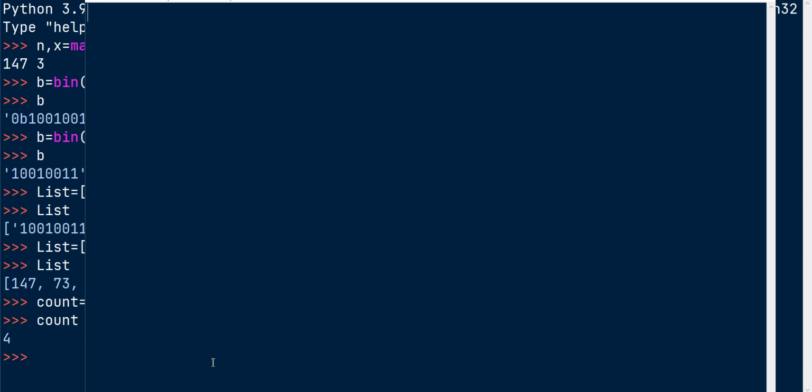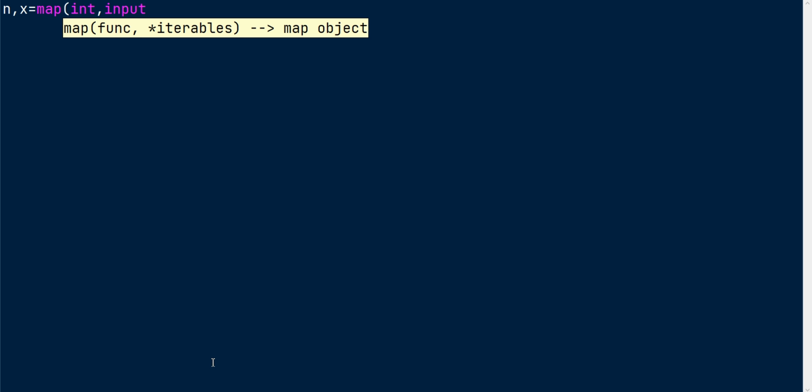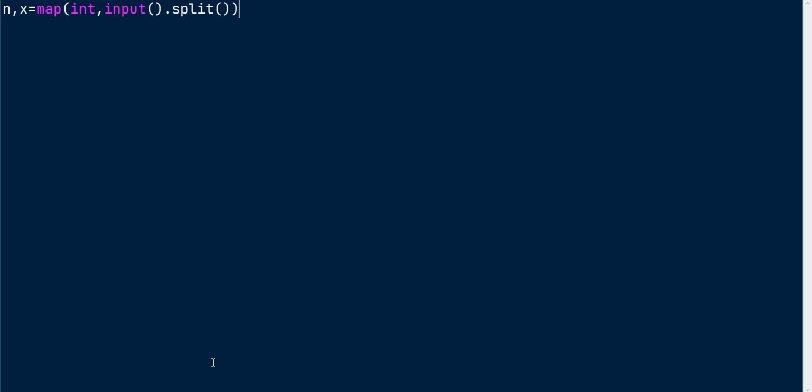Seems like a simple problem, so for the sake of simplicity I'm mentioning map of int, comma, input dot split. This should be binary value b equal to bin of n starting from second index, and then this is the list equal to integer value of